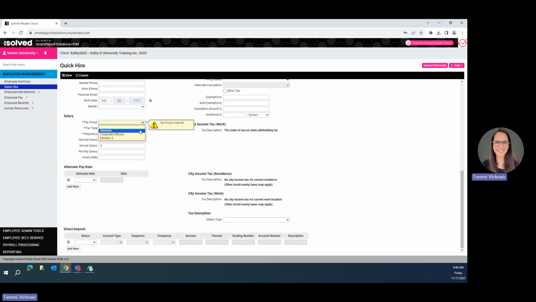You'll select the employee's pay group, their pay type. In this scenario, this will be a salary employee, and their frequency. The normal hours are usually 80. This employee is actually going to have a salary of $73,568. And if you notice, when I hit tab off of the annual salary, the per pay salary and the